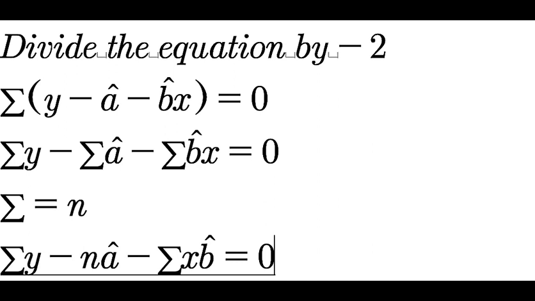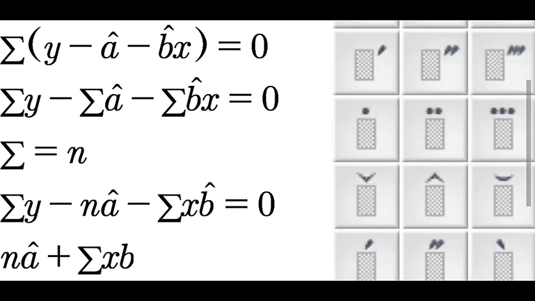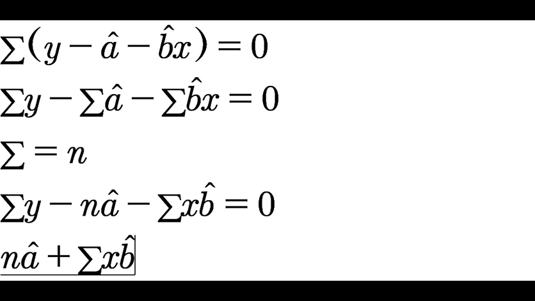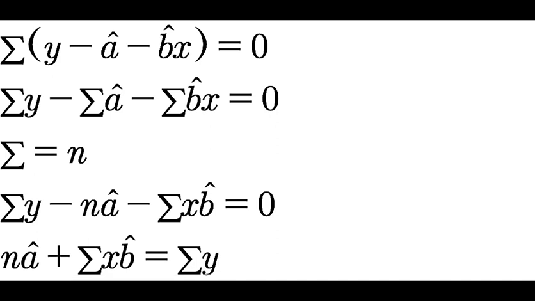So now let us rearrange this equation and set it in the standardized form of a linear equation, where the right hand side is a constant. So in this case, we rearrange to have n a hat plus summation x b hat equal to summation y. So let's call this equation